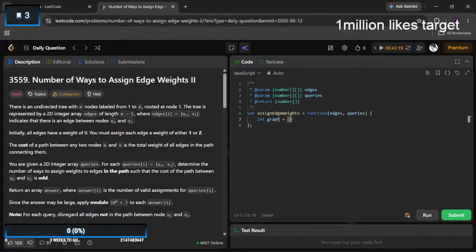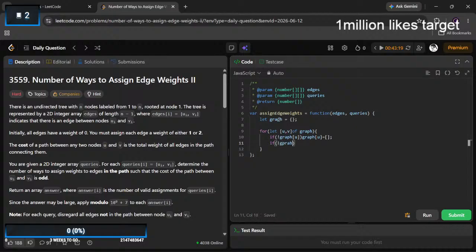Let's make a graph. So there is an undirected graph. Building connection.